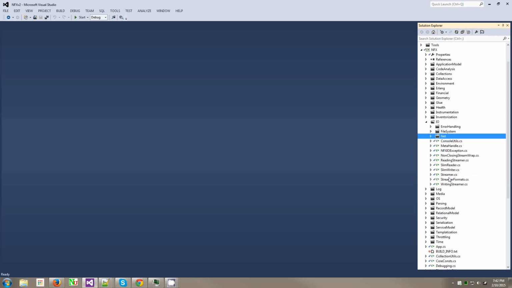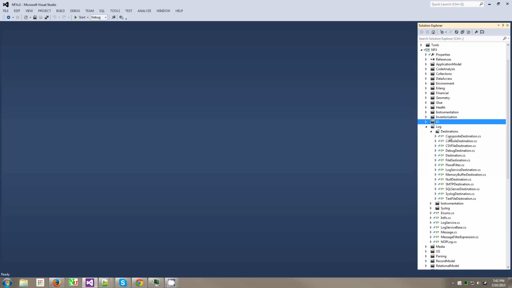And the serializer, we have some streamers to efficiently write binary data with compression to streams. Logger. The logging framework with all kinds of destination service level agreements. Destination, what we call, is sync. I think the term sync is a very overused term for many things, so we call it destination of the log. Same thing. SMTP, SQL Server, we support syslog, we support MongoDB and Postgre, and cascading with asynchronous or synchronous delivery